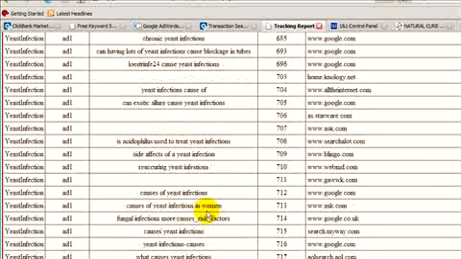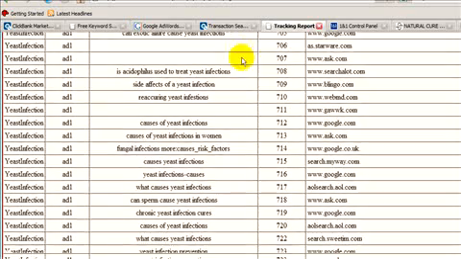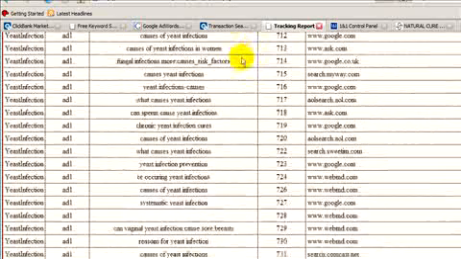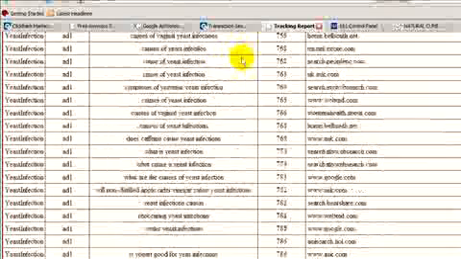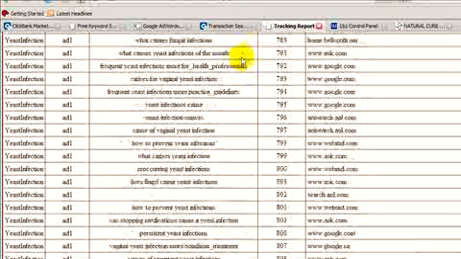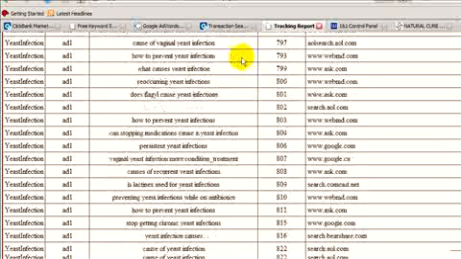So what you can do is take these and add them as native keywords, or test them out with your landing page and see how they fare. But anyway, it gives you an idea of the type of people that are coming to your sites, especially on a broad match, and what they're typing in Google. Can having lots of yeast infections cause blockage in tubes? Well, obviously that's not going to reduce the sale. Well, maybe, you never know. Systematic yeast infection. Okay, so all these here are some of the things we got traffic for.